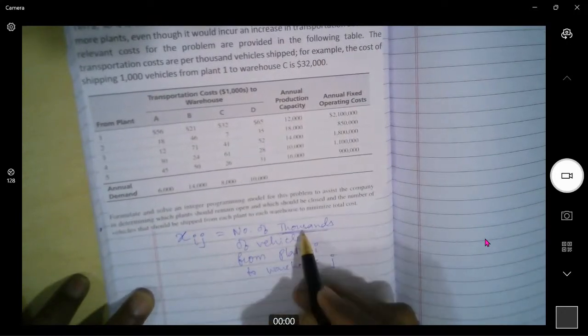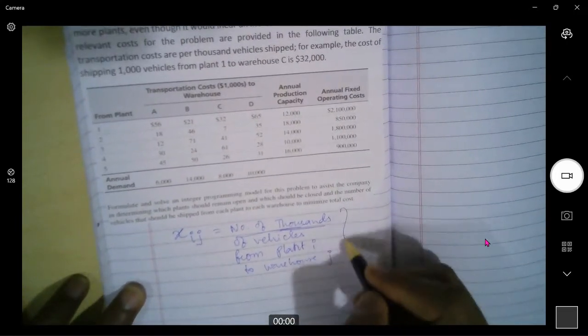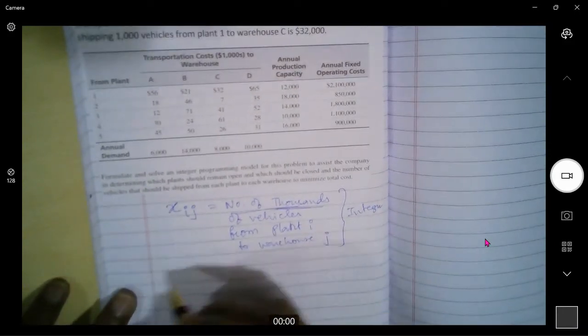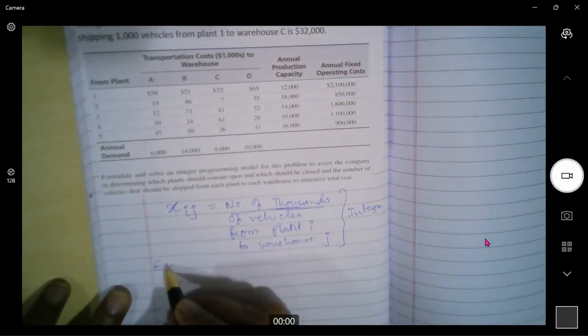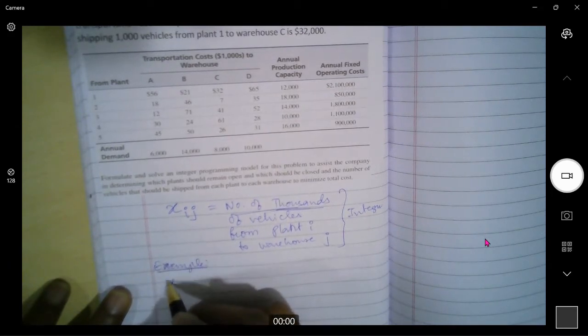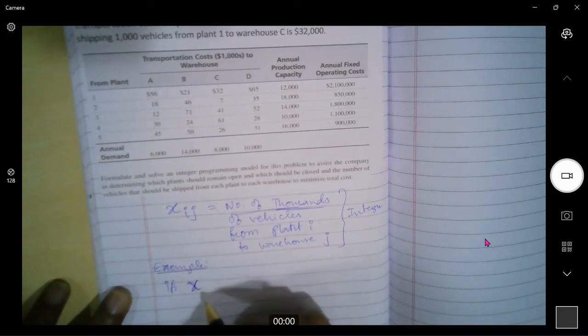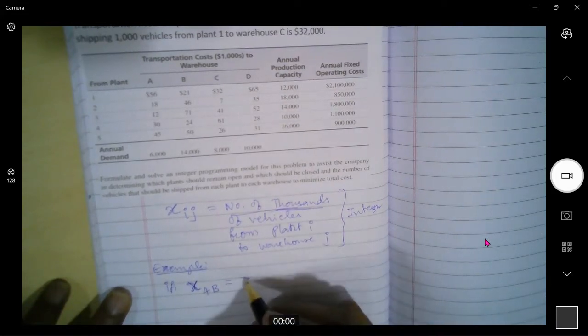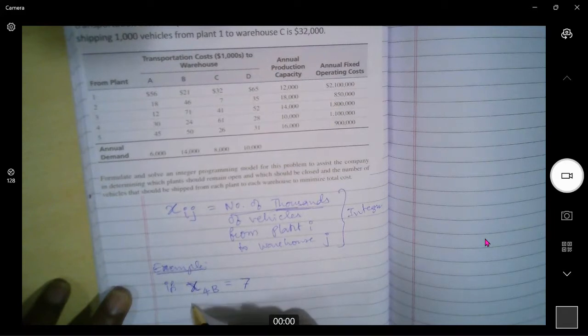So this is how I am defining, and here the keyword is number of thousands. This is in number of thousands, and it is an integer. So now, for example, if x4b is equal to 7. Okay, if x4b equal to 7 means